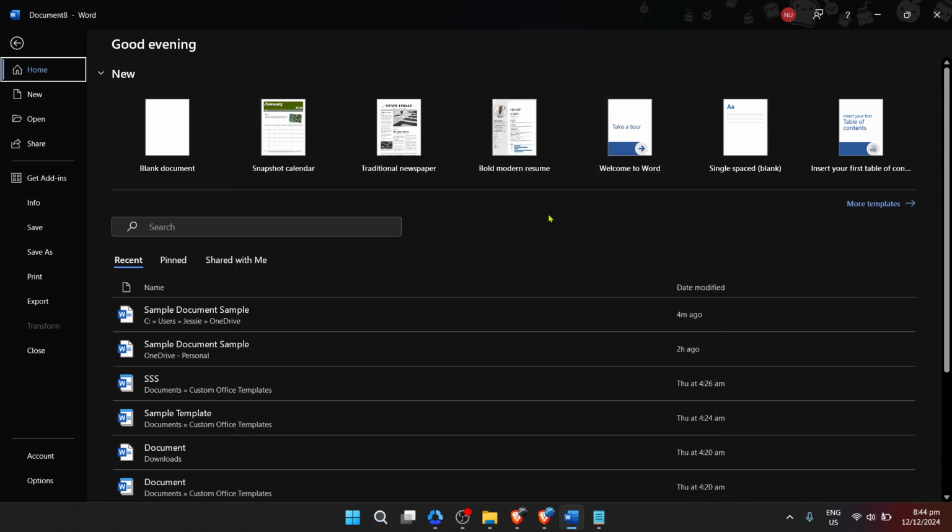If it's your first time opening Word after starting up your computer, or if you don't have a document that automatically opens on launch, you'll be greeted with the word Home. Here you have the option to click on a blank document to start fresh or open any recent document you might want to add tables to. Selecting a blank document will give you a clean slate, which is perfect for following along with this tutorial.